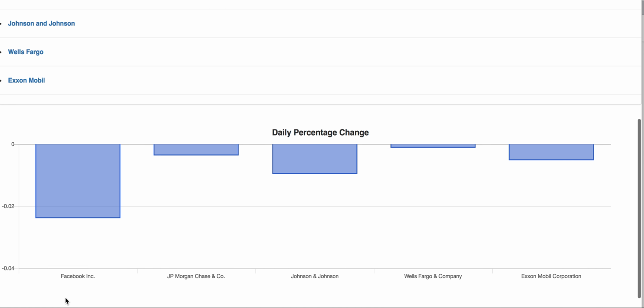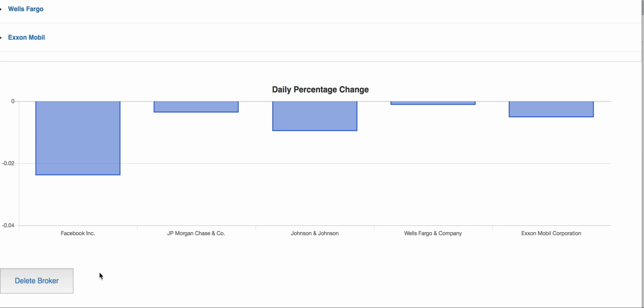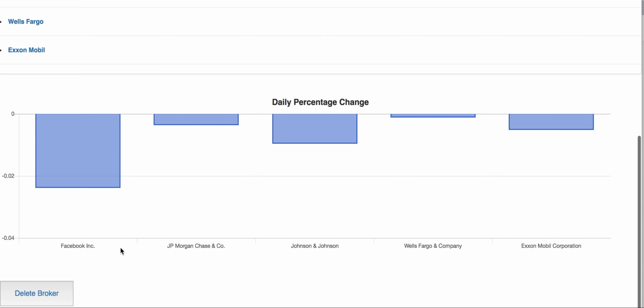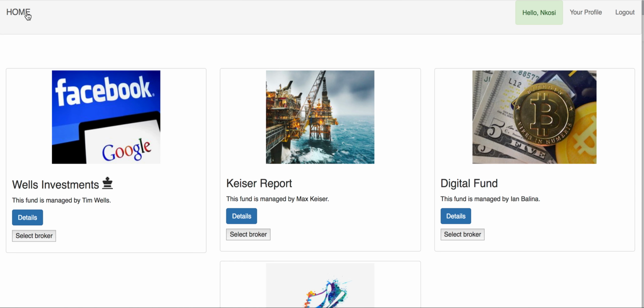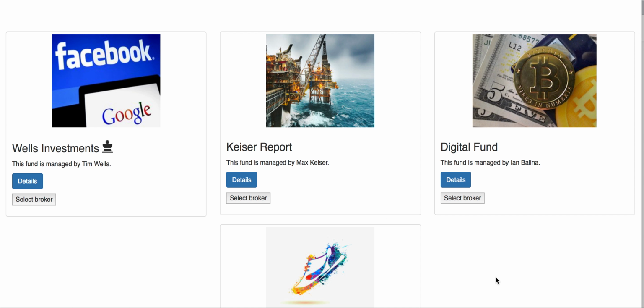Below this, the user can also view a chart which shows the daily change of each stock, and the user also has the option to delete this broker and select another. Also on the fund page, the user also sees which fund has the highest profit earning ratio, and this is indicated by this icon. Going to our code,